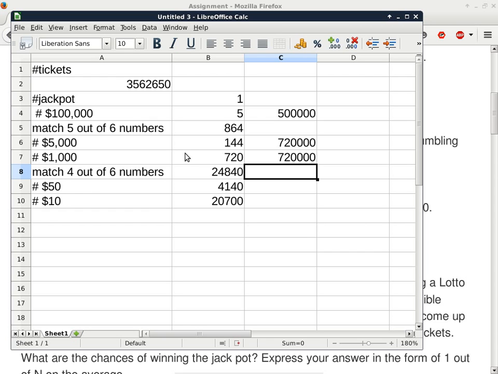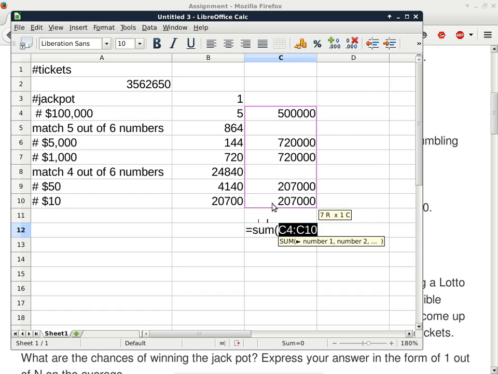I just picked the numbers so they all match up. And then the total money I have to spend to reward $50 is going to be $50 times 4,140. And this will work out to be the same number because it is $10 times the number of people. So this is basically a categorized list of how much I have to pay off for each class of prizes. The total of these is the mandatory expense I have to pay for all of the prizes, not including the jackpot itself.